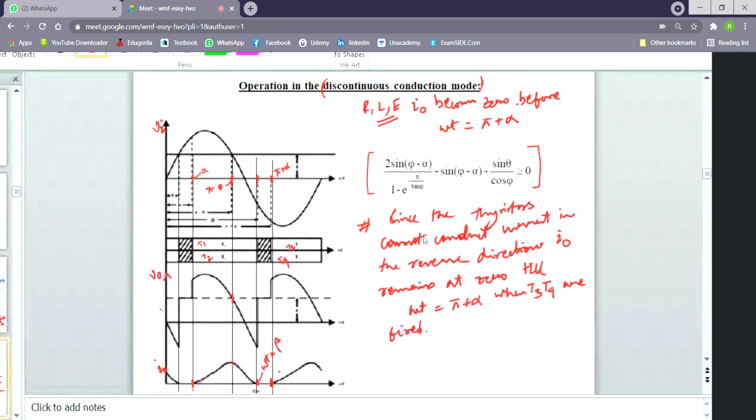At this position T3 and T4 are fired, as you can see. During the period of beta less than omega t